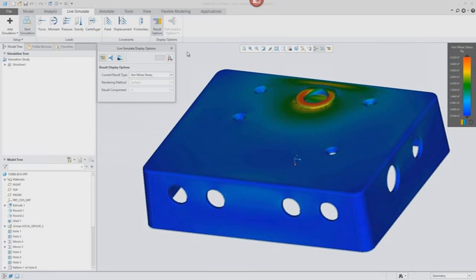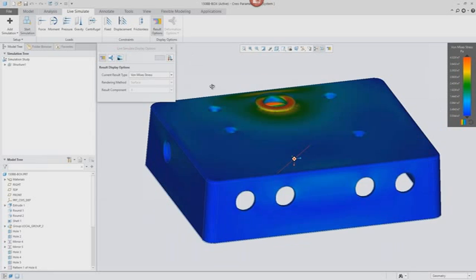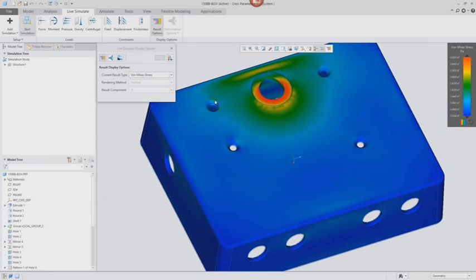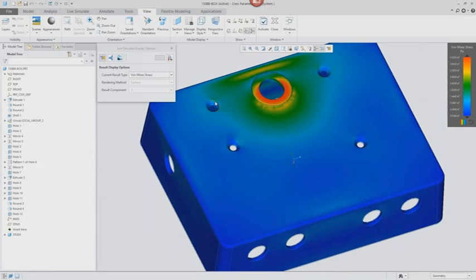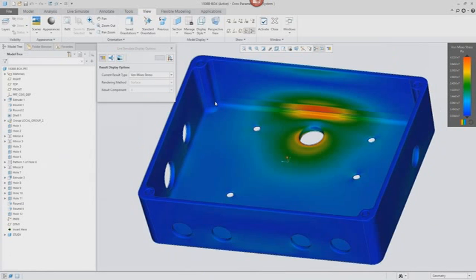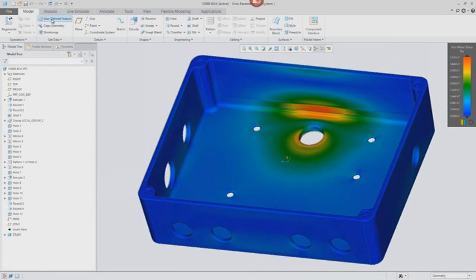Now the real strength of this particular extension isn't just to be able to pull up a simulation very quickly without having to wait a few minutes to actually see the results. It's that I can make live updates to this model at any point during the simulation. The simulation is kind of just running in the background. It's just a graphic on the screen at this point. But I can go back over to the model tab within Creo and just start to make some changes